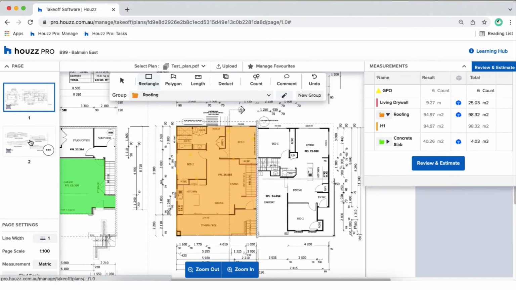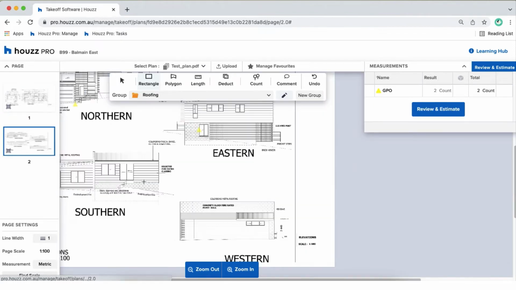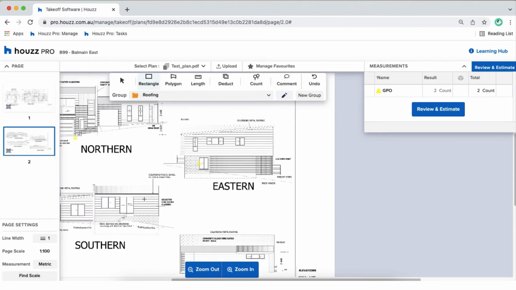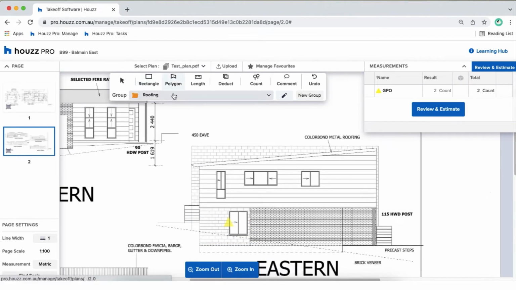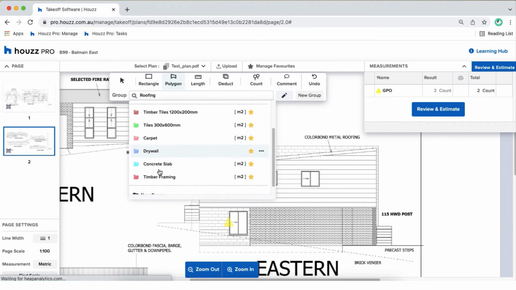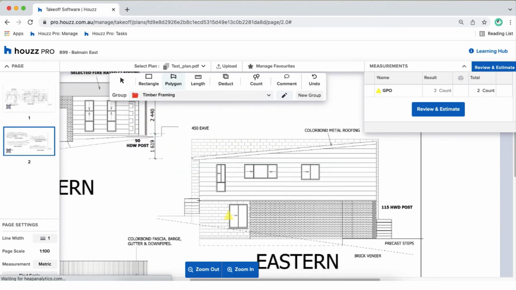In this last example, let's cover how to measure external cladding. So timber framing, bricks, whatever you need. To do this, what we're going to do is use the polygon tool again. What I'm going to do is actually zoom in a little bit, grab my polygon tool, change my group, and again, just click on my start point, click as I go,